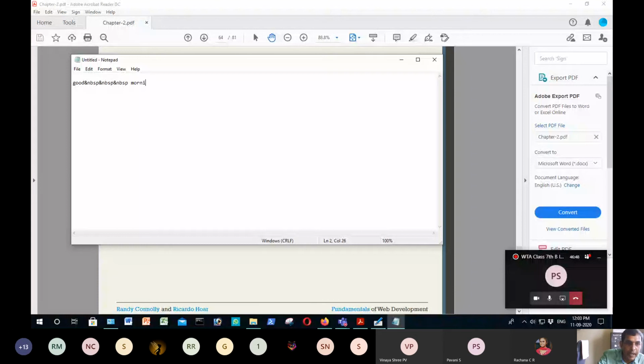So if I type in HTML good NBSP, good NBSP, good NBSP like this, then the output will be the same. The browser will display good followed by 1, 2, 3 spaces, then morning. So that means in the browser window, document window, it will type this.